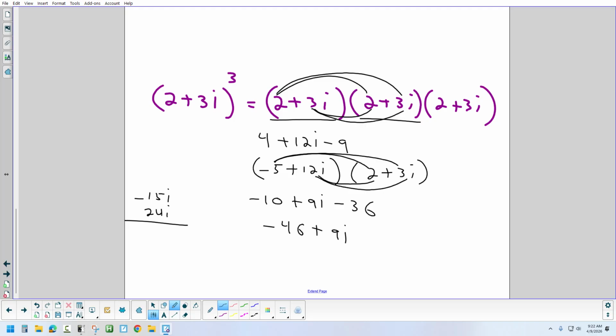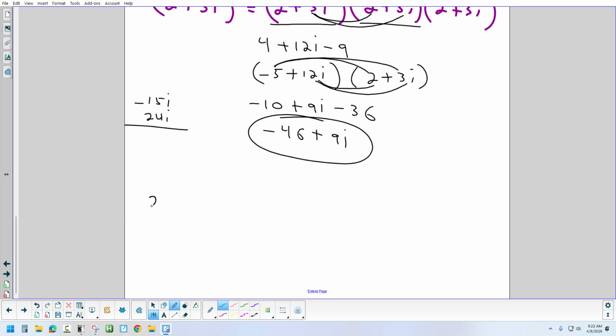-46 plus 9i. Okay. So to cube that, maybe it took us, I don't know, a minute or 2 minutes, roughly. Any question on cubing? Okay. So now, let's do 2 plus 3i